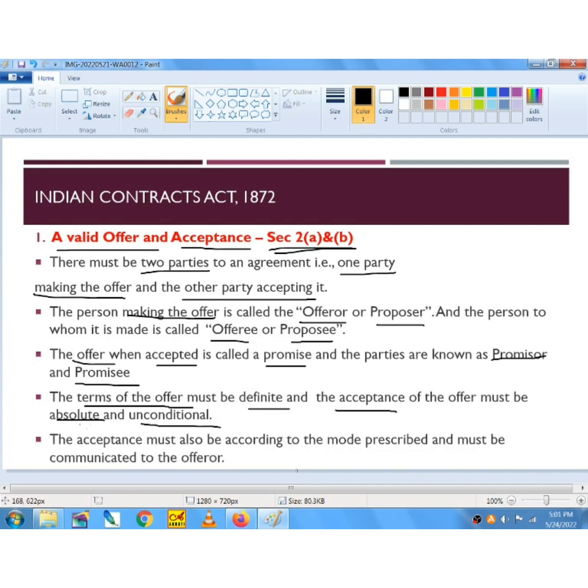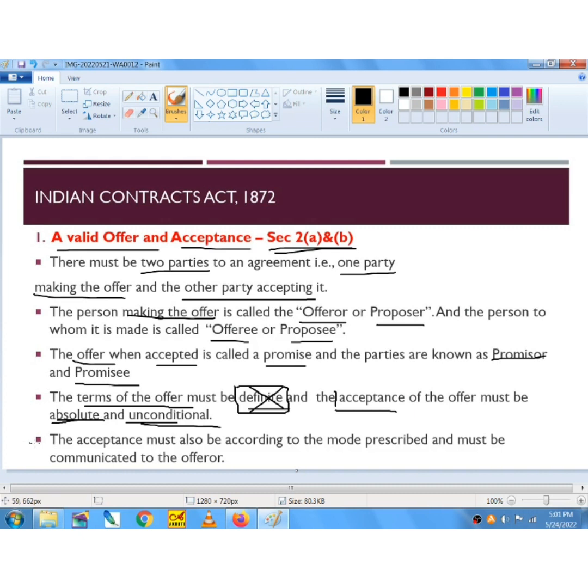So that's why you must accept it absolutely and unconditionally. Otherwise you can make a counter offer. It must be definite. You cannot make vague agreements. You cannot have any vagueness, like you will ask B to marry C and I will give you something. Something here is not defined, so it is a void offer because it is not definite and cannot be made